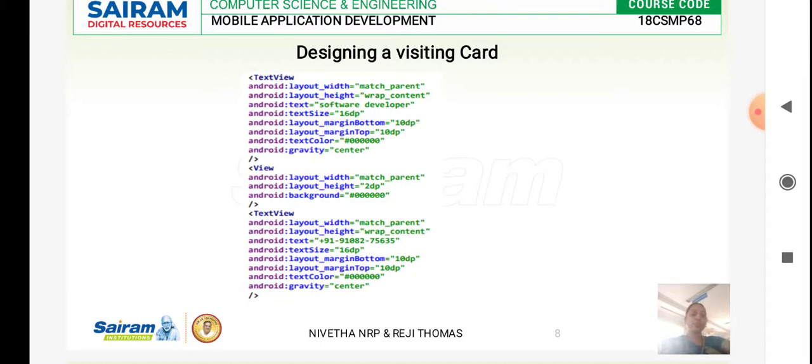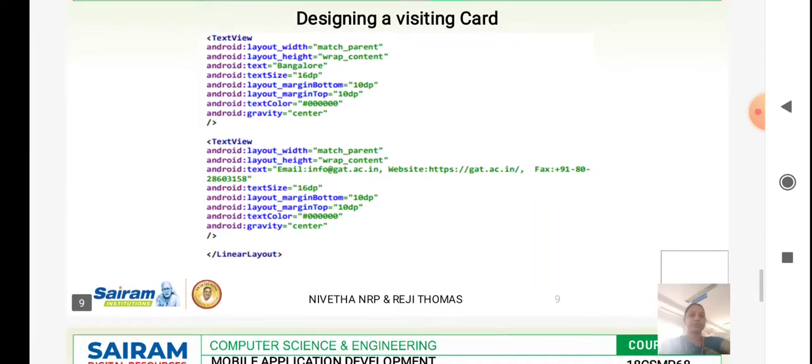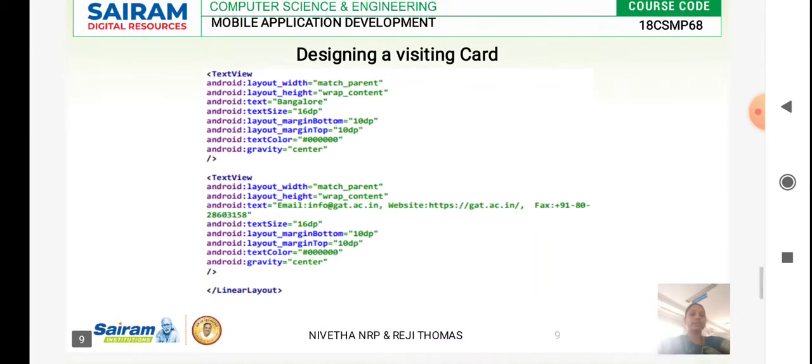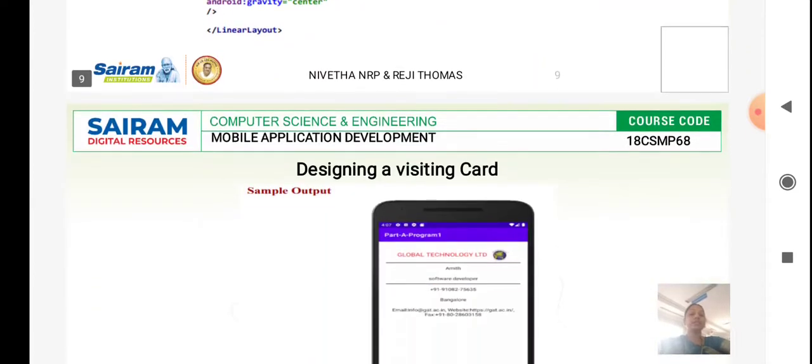default code we have in the Android Studio as per our requirement. What is the size, what should be the font, what should be the color of the font, all those specifications as per the requirement, what is the background of it, as per our requirement we'll be giving that in this view.